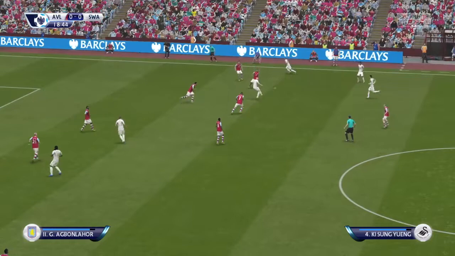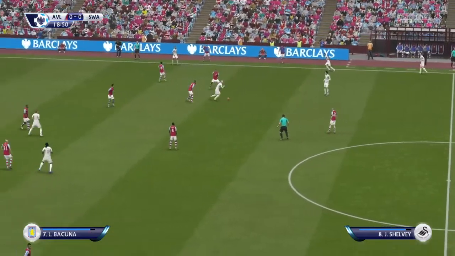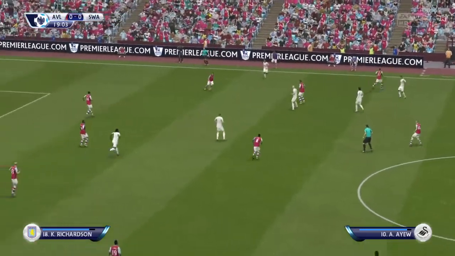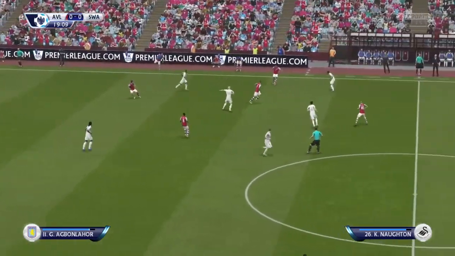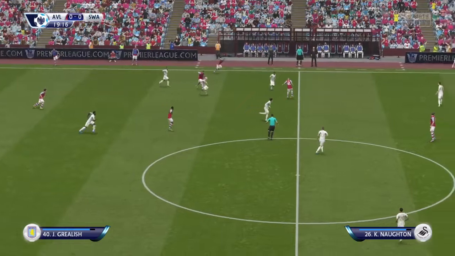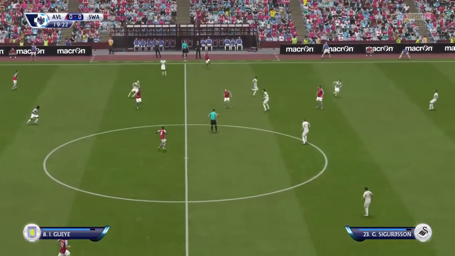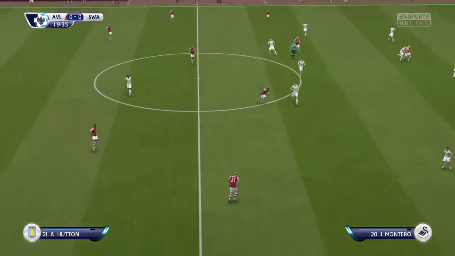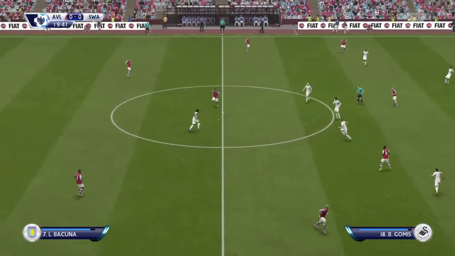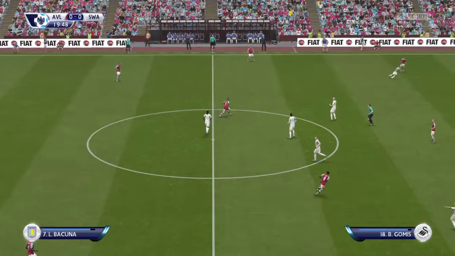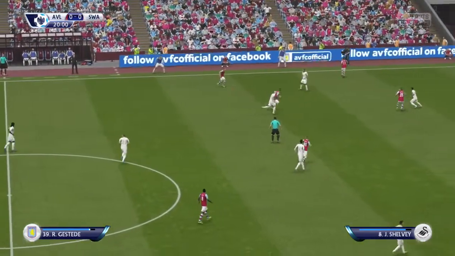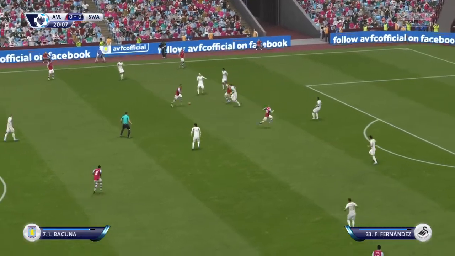Andre Ayew. Giving the opposition a problem with their interpassing. In midfield, they've got it back via an interception. Bony Lahore. Alan Hutton. Great passage of passing play there.